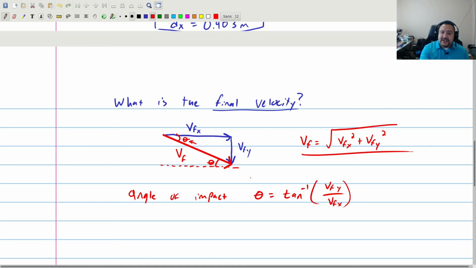So you can use these two equations to solve for the final steps if they ask you for the final velocity without saying in the x direction or in the y direction. And if they ask you what the angle of impact is, what direction it is going when it hits the ground, it's the inverse tangent of V final y over V final x. So really that's all there is to projectiles that are launched horizontally. Next time we'll talk more about projectiles and see what